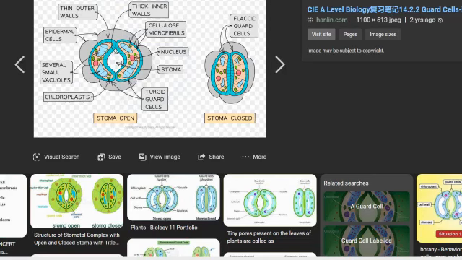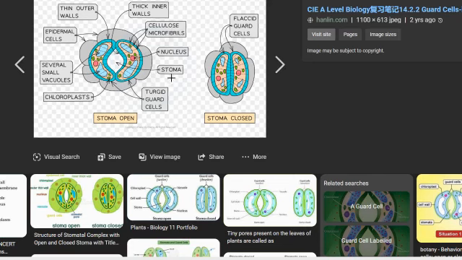If you remember the composition of the guard cell, the guard cells are present between the epidermal cells. The outer layer is basically the epidermal cell, and it is surrounded by the guard cells. In the guard cell, there are chloroplasts, some small vacuoles, and this red dot represents the nucleus, and this one is the epidermal cell.